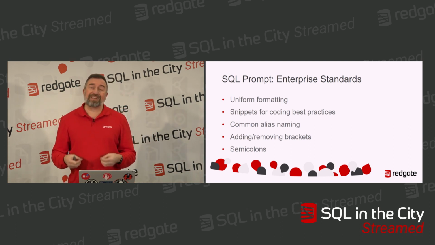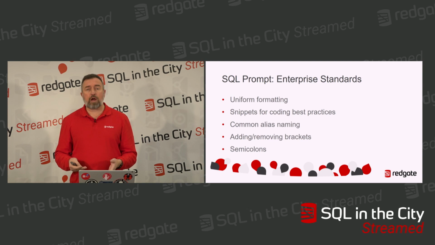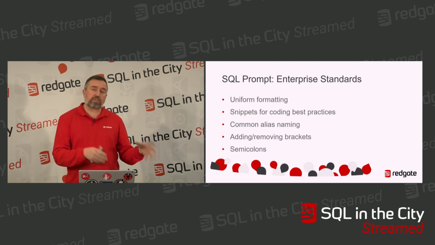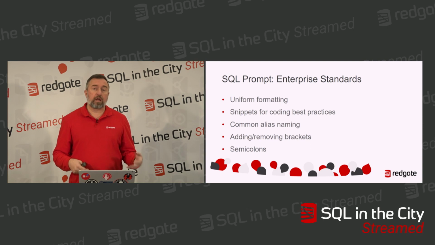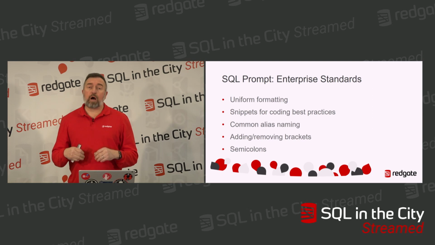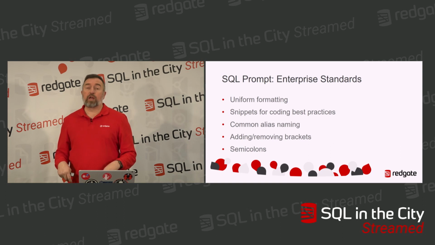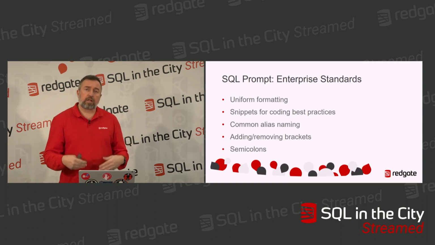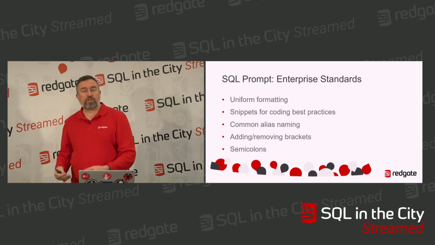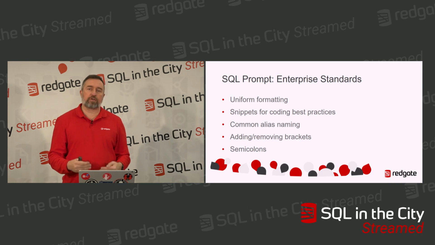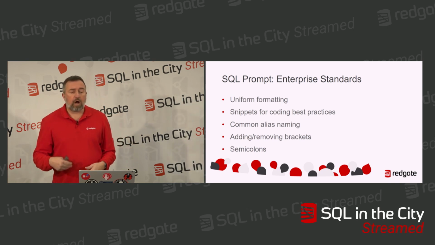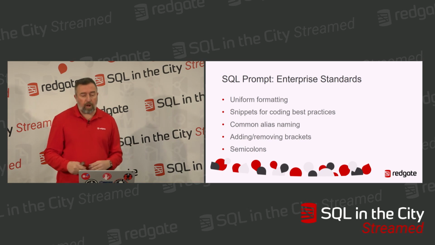Now, we can put the snippets in a shared location, in a central server in one spot, and share those snippets across so that we've got a single starting set for different kinds of code that we want to write. If we want to write CTEs, common table expressions, a certain way, we can put that standard into a snippet, and then everyone pulls it down together. If we want to have a comment that's always the same, we can put that into a snippet in a central location, and everyone can pull that same comment structure out and use it inside their code. All of this offered up by SQL Prompt.